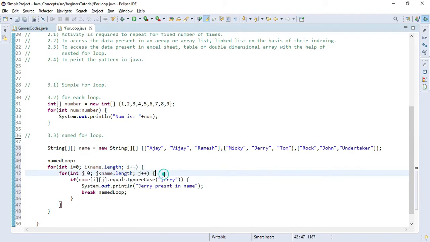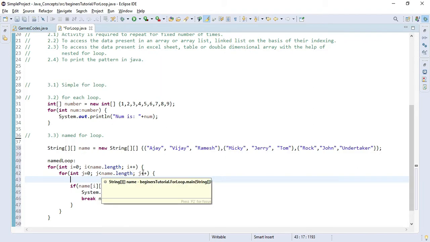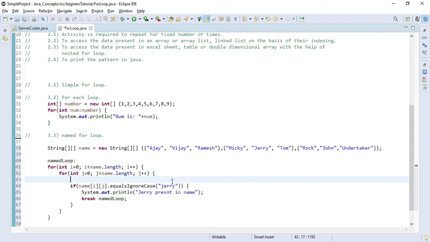We have done that: int i, running till name length, and i plus plus. Inside of this we have another for loop with one variable j, which will also be running till the name length.